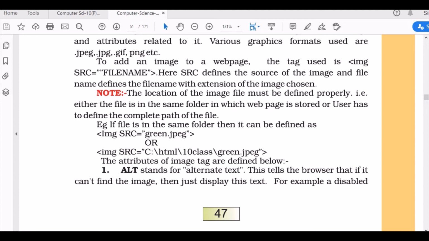First, if you have an image in the same location, in the same folder, you just need to write the image name and the extension. Otherwise, if the image or the file that you are using is in another folder or another location, you have to write the whole syntax, the whole address.